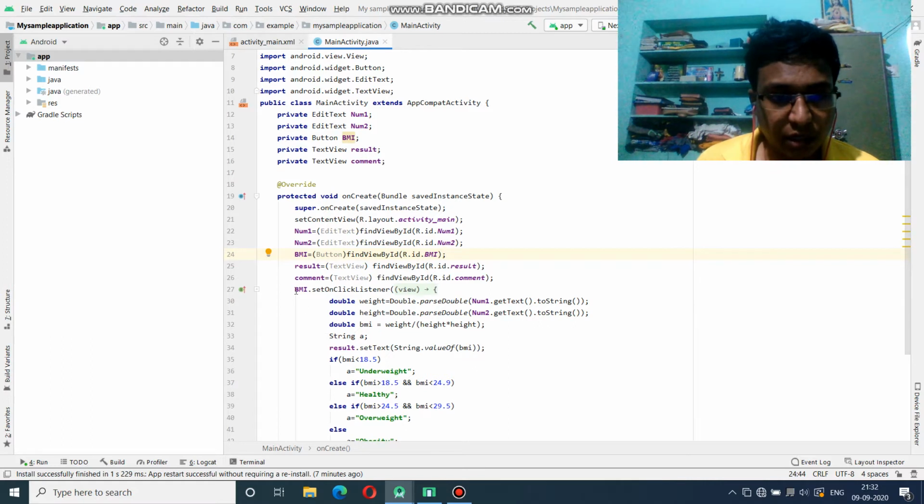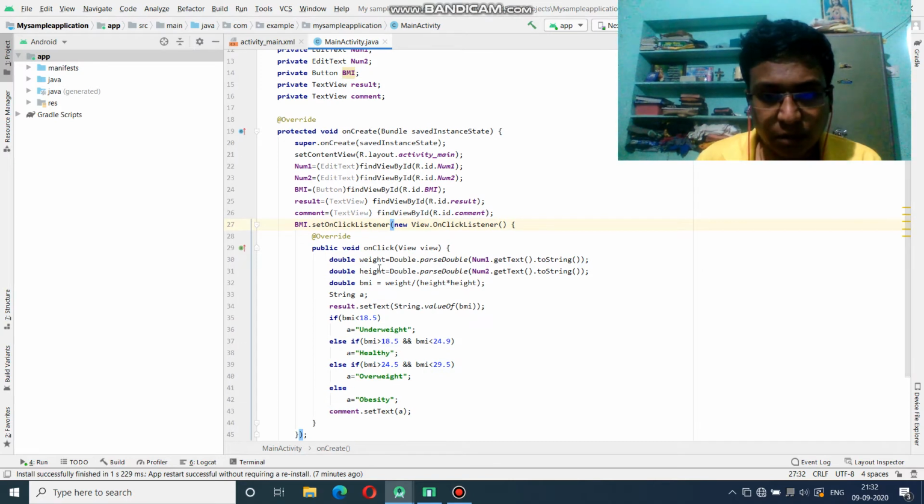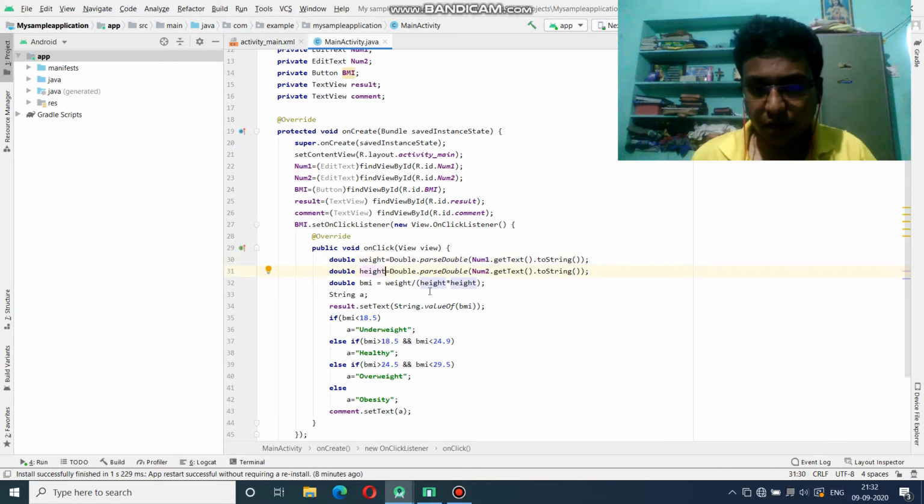And then we are creating an object BMI.setOnClickListener. Then we are giving here new View.OnClickListener, and when we click the BMI button, it will take the weight and height of each number. We are assuming the weight as number 1 and the height as number 2. And when we click the BMI button, it will take the values of the weight and the height, and it will produce